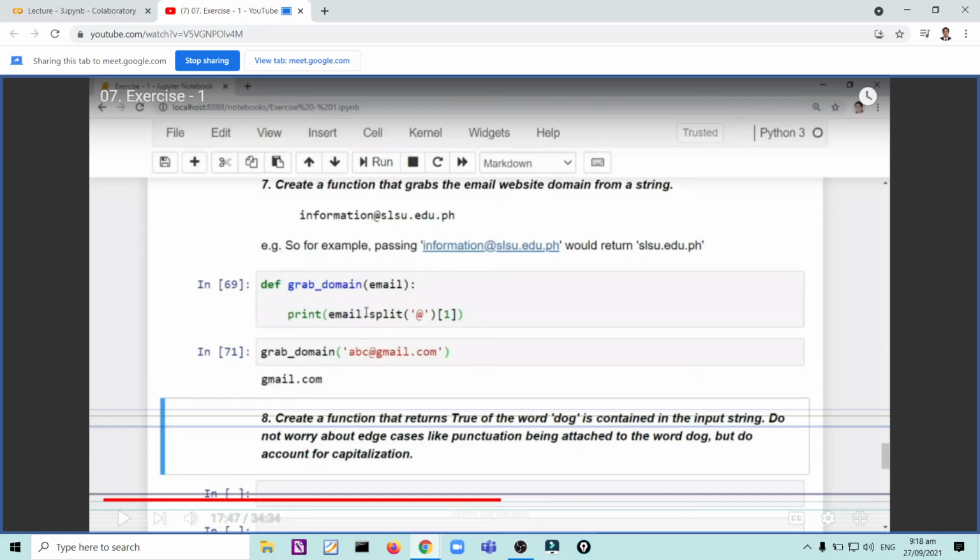To return false. We're considering the string a dog, so okay. So let's do some extra exercise. Okay, create a function that has the number of